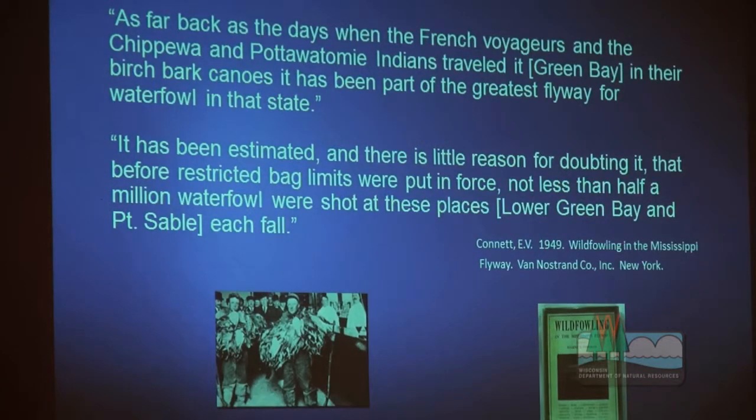Again, by the early 1900s, when conservation measures were put into place, Green Bay had already been firmly established as an important place for migratory birds, specifically waterfowl. Okay, next